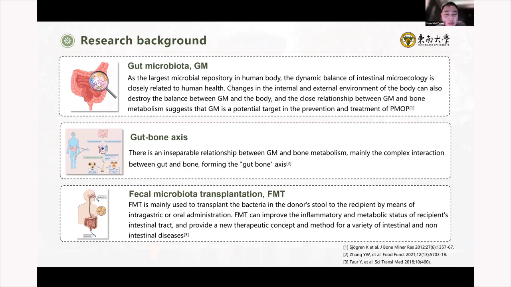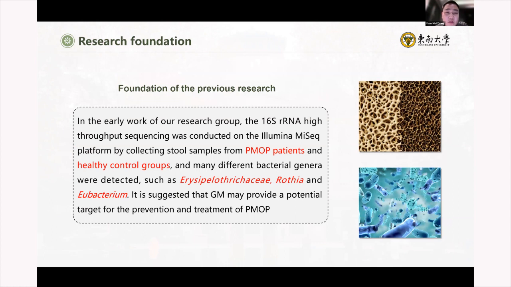FMT transfers bacteria from the donor's stool to the recipient by enema or oral administration. FMT can improve the intestinal microecology and provide a new concept and method for a variety of diseases. Our foundation is the previous research in our research group,